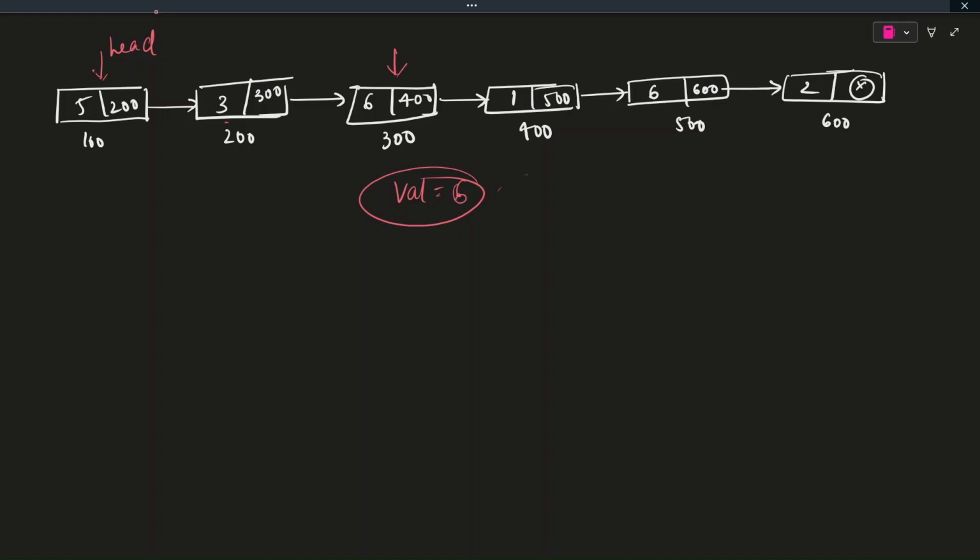So if I have to remove this node, then what do I need to do here? This should be changed to this node. Right? Because only then will this node be removed if I change the connections. So here 400 will be stored. So automatically, instead of this node pointing to 6, it will directly point to 1, right? So for this, if I am taking a